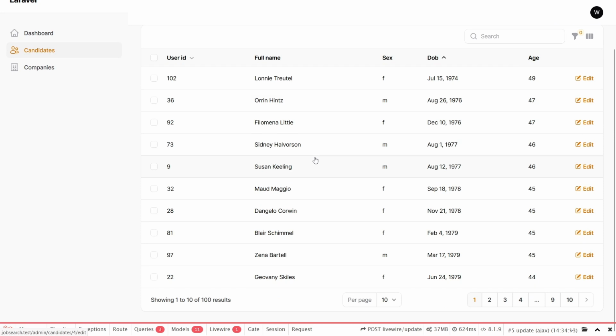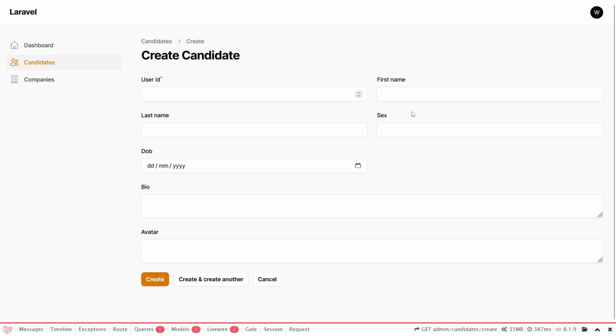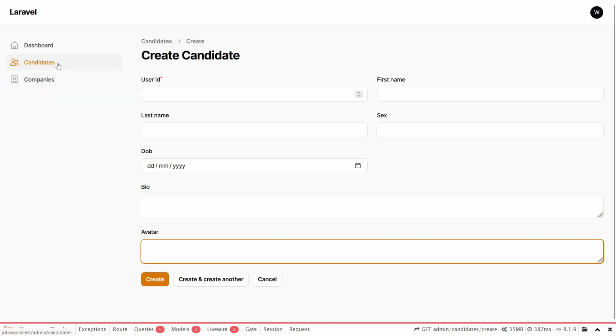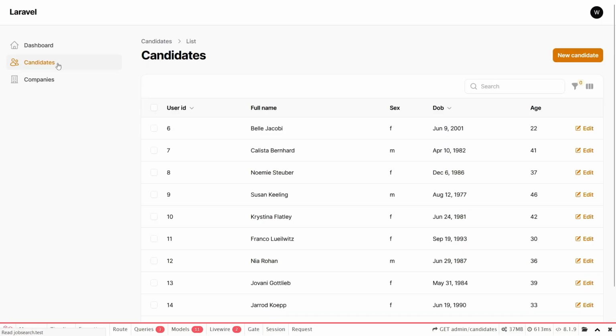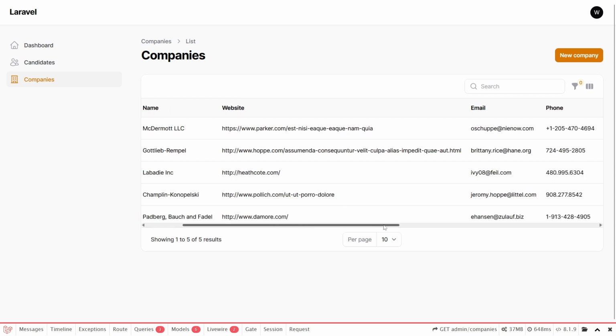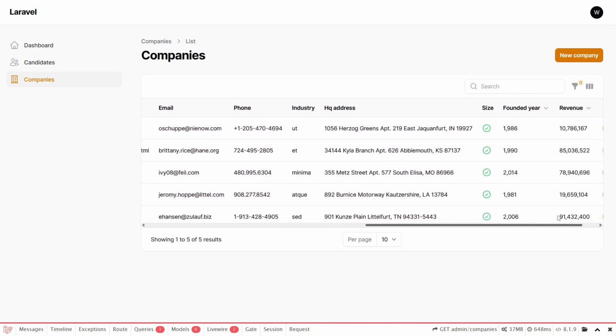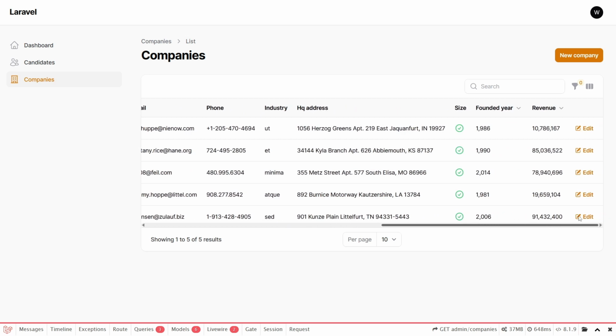Okay, this is looking pretty okay-ish for the time being. I don't think we're really going to be creating anyone here, so I'm not going to worry so much for the time being about the create over here. We can do that later. It's not an issue. Let's come to the companies. Okay, we have company name, email, phone, headquarters, founded year,